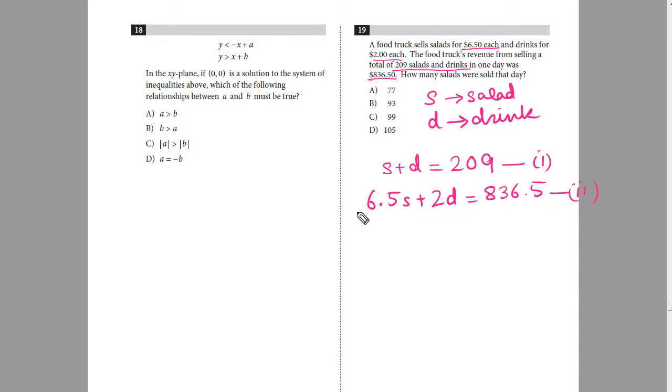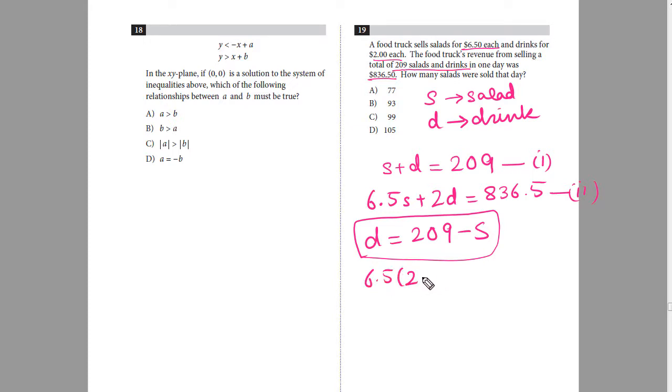Now from here I'll find out the salads. So from equation 1 I'll make D my subject. So D is equal to 209 minus S, and I'll insert this value of D into equation 2 and work out the value for S. So 6.5 times S plus 2 times D. Now D is 209 minus S, is equal to 836.5,